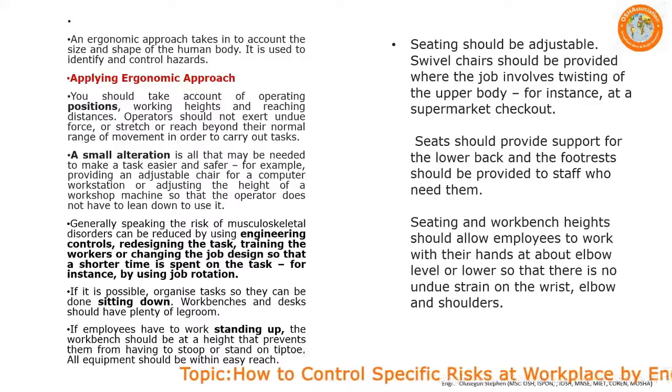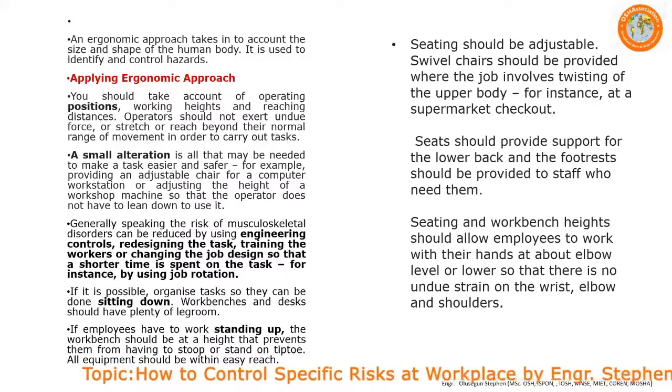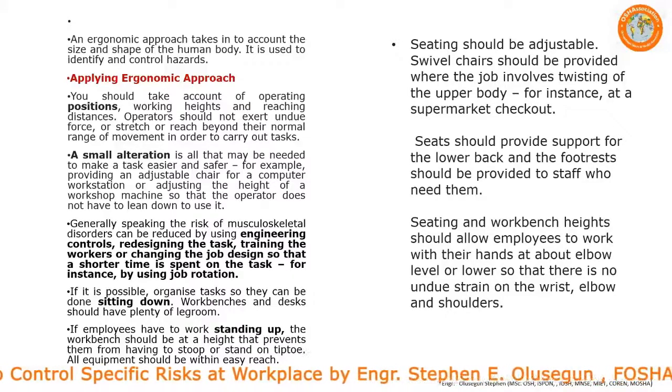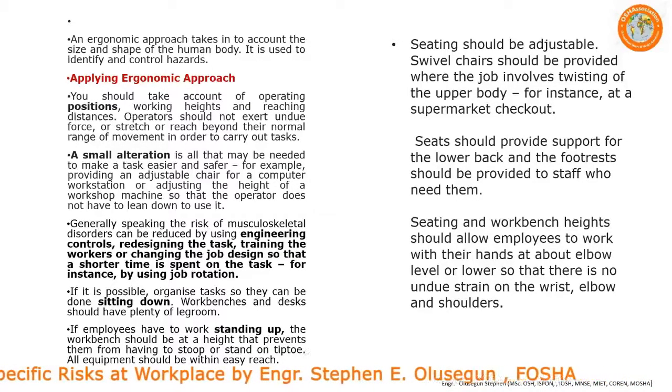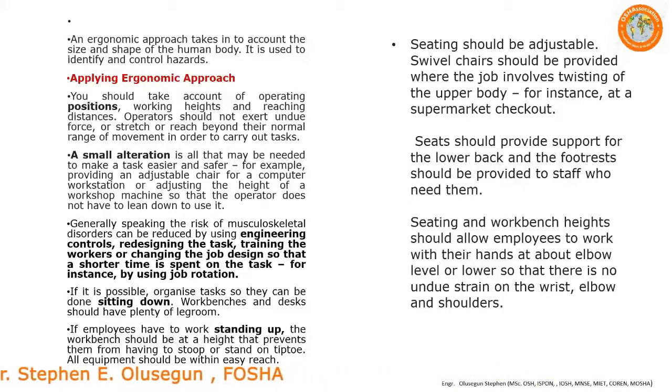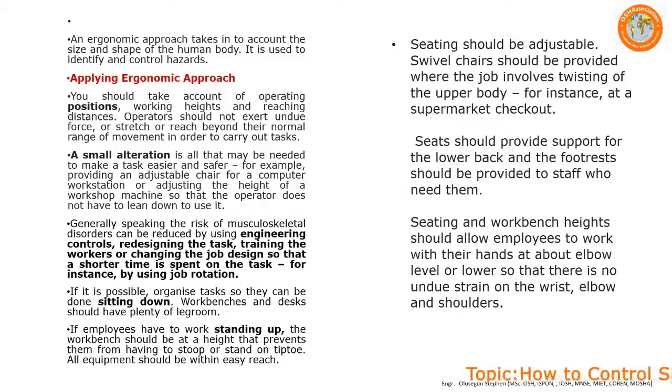All that may be needed is to make a task easier and safer. For example, providing an adjustable chair for a computer workstation, and adjusting the height of the workstation or the workshop machine to the operator, so that the operator will not be unnecessarily reaching out with undue force. And so engineering control, redesigning the task, and training people are very important to make sure that you reduce the